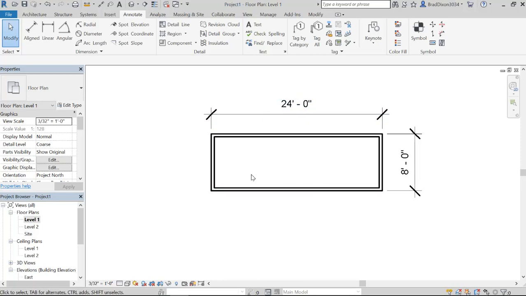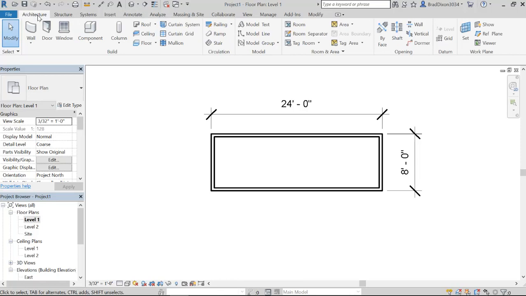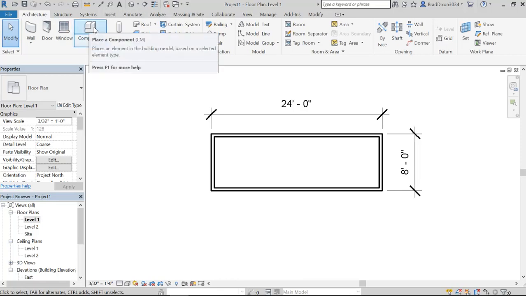Right now, I'm not worried about the actual scale of the drawing. What I'm really worried about is what stuff can fit inside of this. As a new designer, it's pretty difficult to see anything other than a rectangle here. I'm not looking at 4 walls, I'm just looking at a rectangle. The one thing that can help you get over that is adding some stuff to the drawing. So if I click on the Architecture tab and I click on Component,